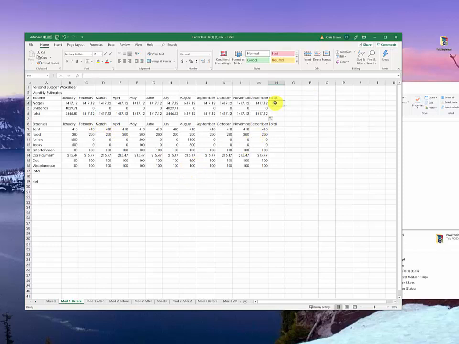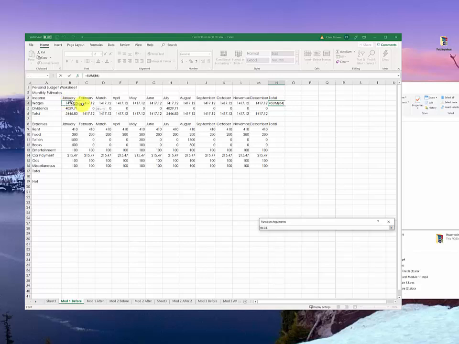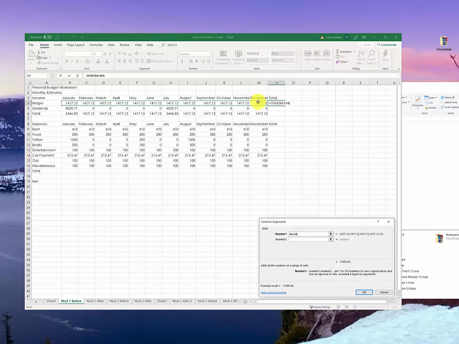I'll show you a different way, because now we're going to do the totals of the rows. We're going to do the total of the wages for the entire year, the total of the dividends for the entire year, and the total of the totals for the entire year. So I'll grab hold of this, and this time I'll use a sum function, so equals. I'm going to go up here. It says average now. I don't want average, I want to change this to sum, and then I'm just going to click and drag, ignoring that box that appeared because I just don't pay attention to it. My formula now reads equals the sum D4 through